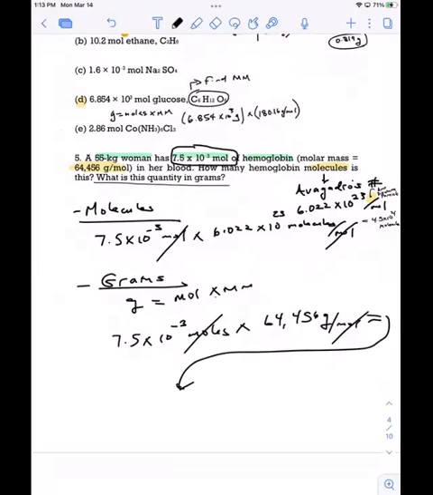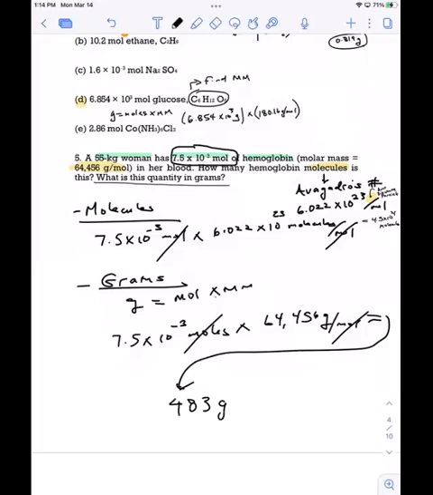So 7.5 times 10 to the minus 3 moles times 64,456 grams per mole. That's a heavy molecule, but it also contains iron as well, so that contributes to its molecular weight. I got 483.42. So you said 483.46, 42. Okay, let's just say 483